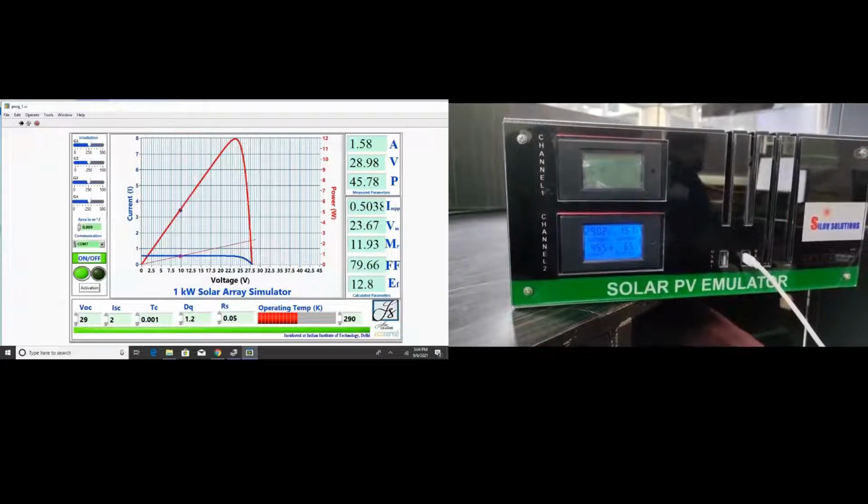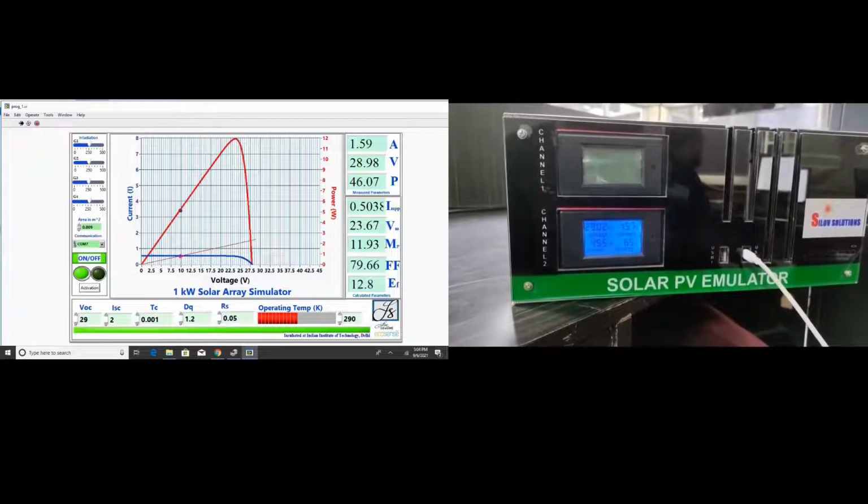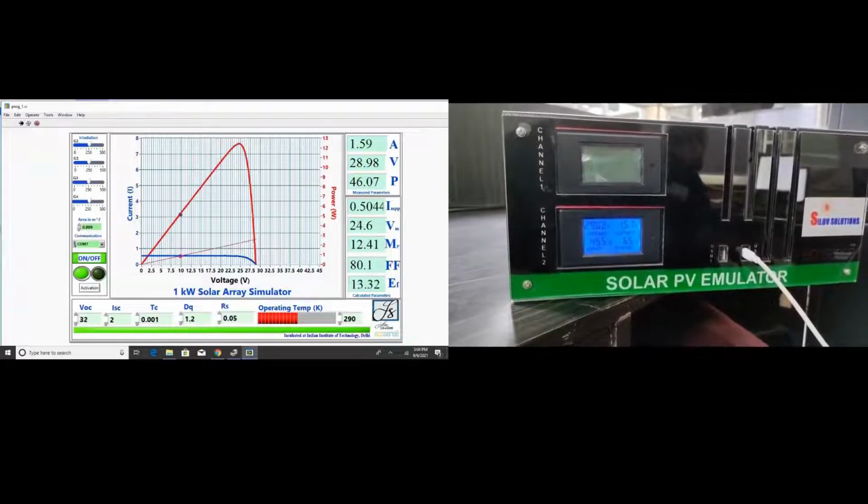So right now we have shaded 50% of the panel, and we can see the changes.